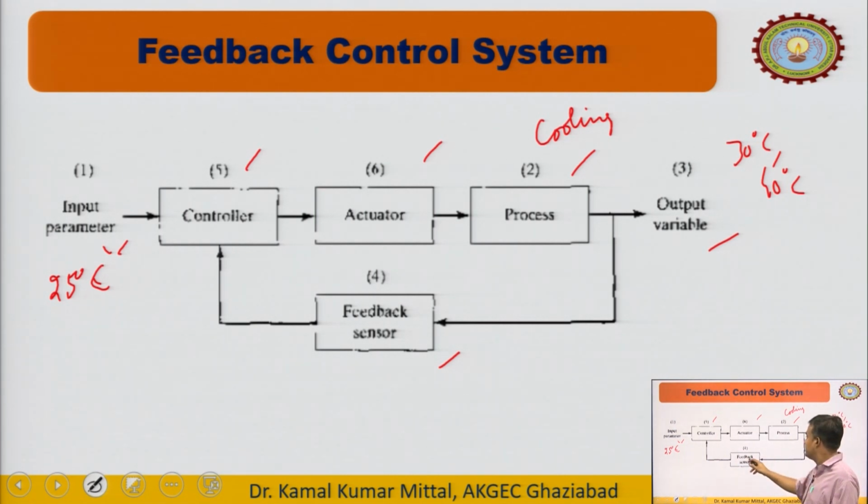Now, the feedback sensor's role is to give the value to the controller, meaning the difference between 30 degrees and 25 degrees, or 40 degrees and 25 degrees. So, when the difference between this output variable and input parameter reaches 0, then the controller sends a signal to